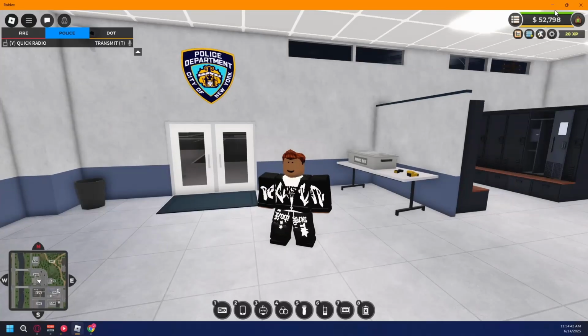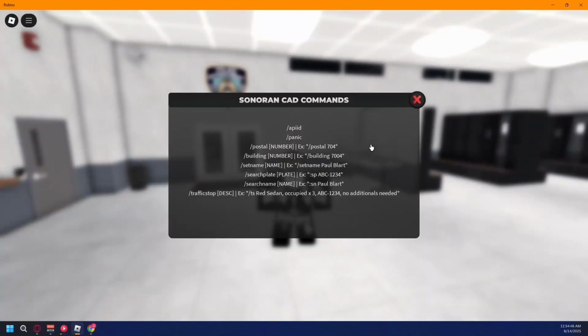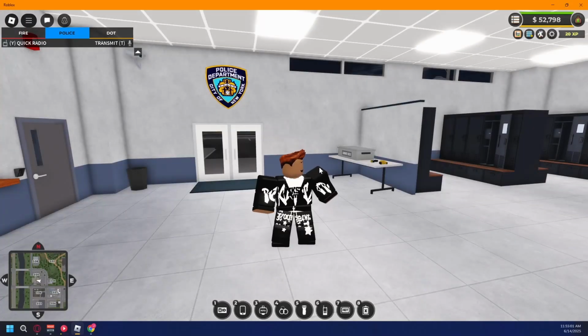So if you want to, you can also do /cmds in game, and you can get a ton of commands. So here's the APID, and if you're on like a traffic stop, you can do /traffic stop and whatnot. Or if you want to search a plate, it'll automatically connect with your CAD, as long as you have the APID key set from before. So let's just see if I do